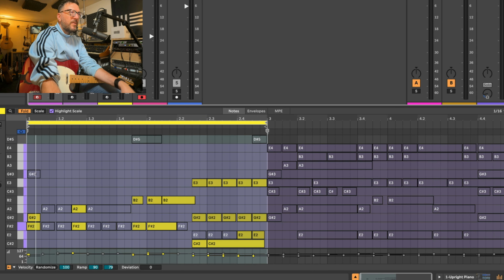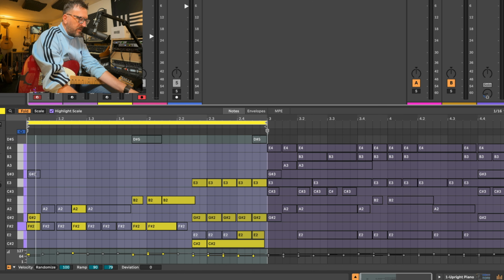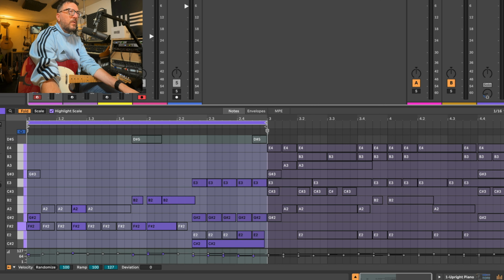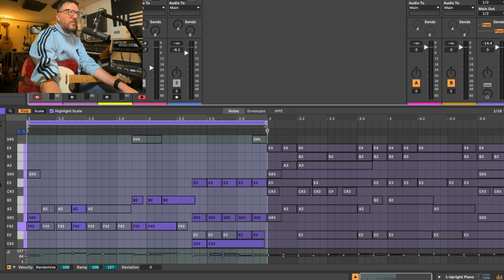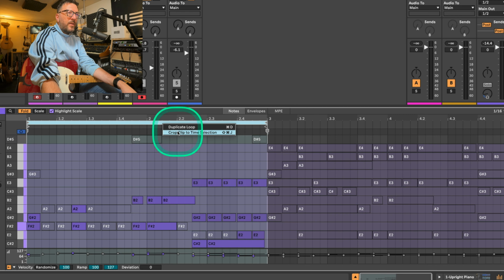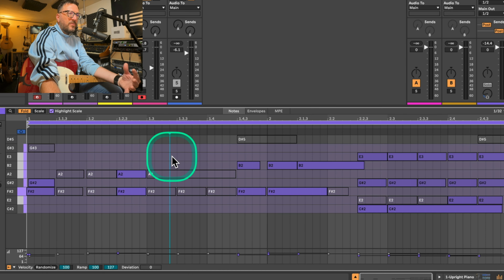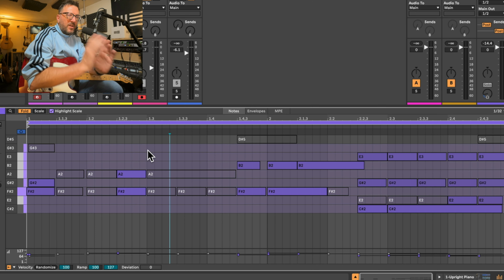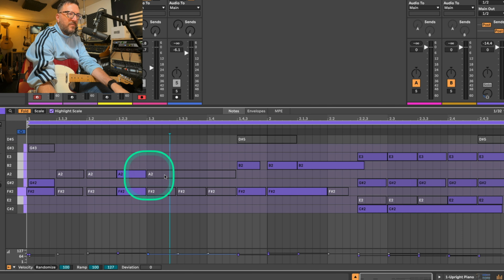So rename idea 1, and then I'll duplicate it. And then this time, click on it, and you see it's the purple one. If I do what I did before, where I crop the clip, so I'm only dealing with those notes. And then what you can do this time is I can make the notes, rather than be staccato, which you can see all these like the 16th notes or 8th notes,